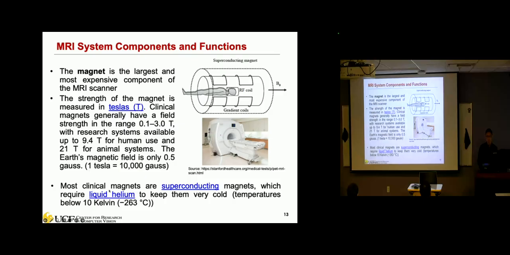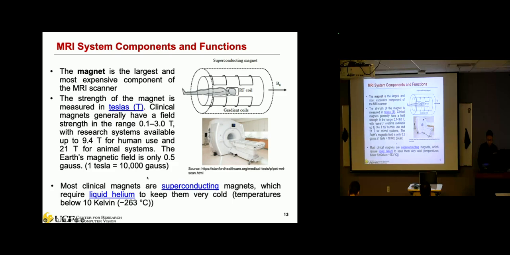Just to give you some perspective, how strong is this magnetic field? The Earth's magnetic field is only about 0.5 Gauss, and 1 Tesla is equal to 10,000 Gauss. You can see how strong the magnetic field is for this MRI machine.